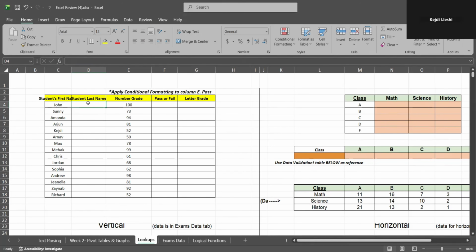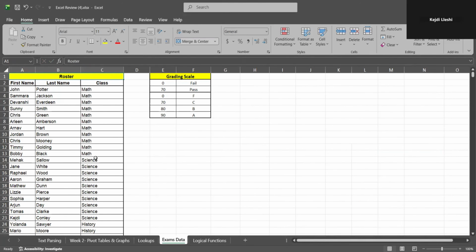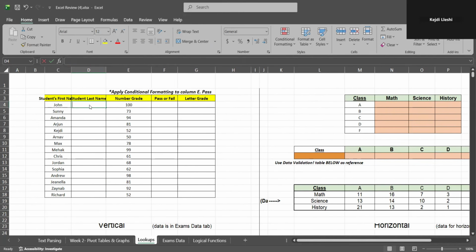So to do this, we're going to say equal sign. We have the student's first name, which is John. If you guys take a look, how are we going to find their last name? Well, this roster right here on the next page has the first name, last name, and class. If we have the first name in both, we can use that as a common reference, right? So here we can say equal sign,